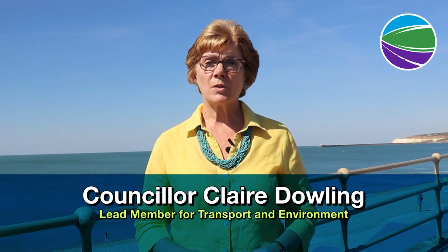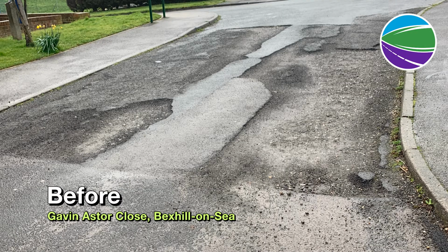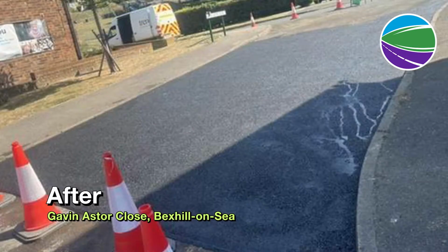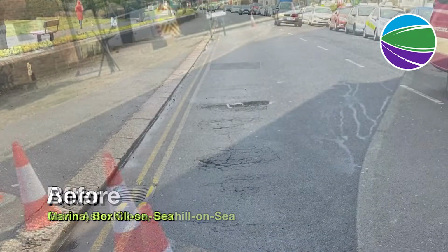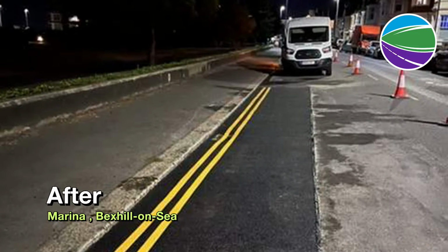We are working hard to maintain our roads across the county. But with the high levels of traffic that we are all aware of, this challenge is never ending. At the end of 2021, we approved an extra £5.8 million to carry out extra maintenance work. This is in addition to the annual £20.4 million highways maintenance budget and will cover extra patching work on road